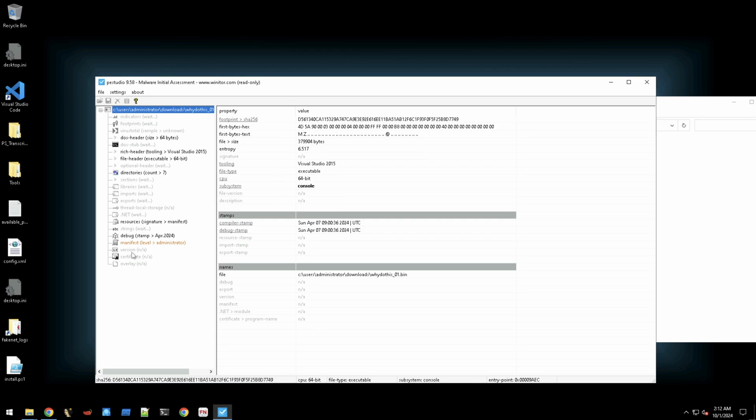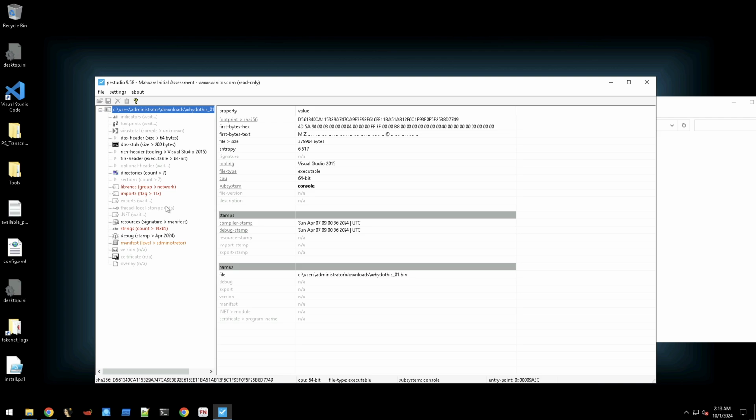By the way, it's now doing some analysis and some inquiries online, pulling a lot of info from this executable. As you can see, it's giving you the hashes, it's telling you the first bytes, whether in text or in hex, and the size of the file. You can see the entropy also being calculated. It's telling you the tool used to compile or create this executable, which, as you can see in here, is Visual Studio